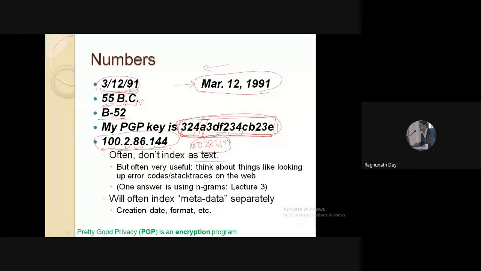But still, whenever anybody gives input in a different form, your indexing system should be able to take that input and produce the proper posting list. How to do this? That is a concept called the n-gram concept. We'll discuss it later. That will help you manage this kind of combined input, not a single number or a single character, but a combination of numbers as well as characters.